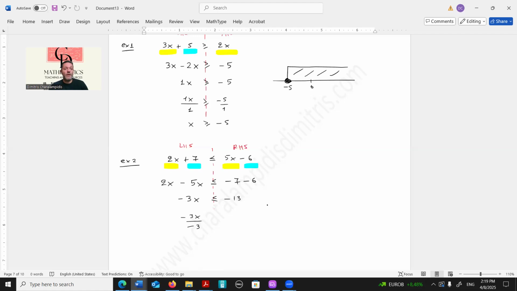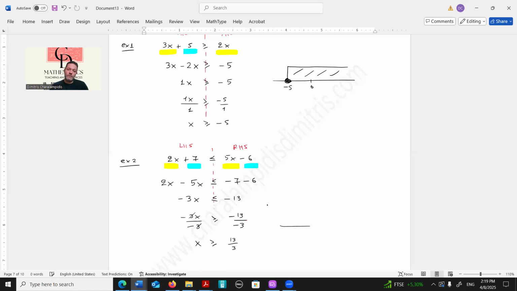But be careful, we are working with an inequality. Every time in an inequality we have to divide by something negative, the order should change. So the order from being smaller or equal than will turn to greater or equal than. The -3's are cancelled out. X should be greater or equal than